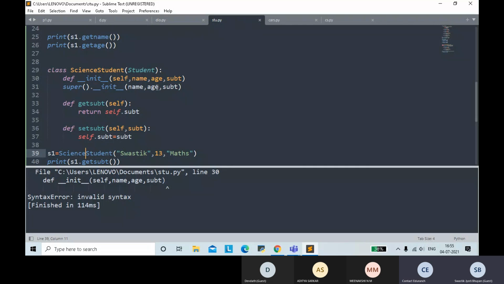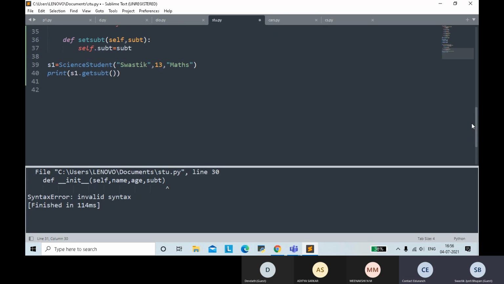Oh, so I have to remove name and age. No, just remove subject. Yeah. Run, save and run. Run. Still error.